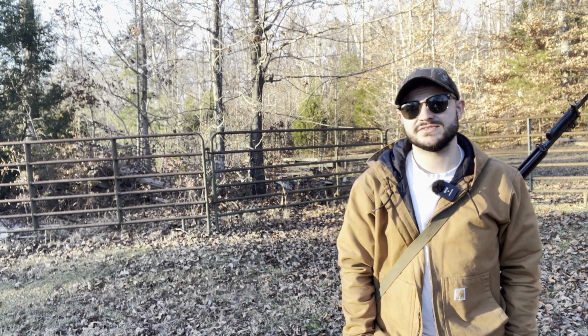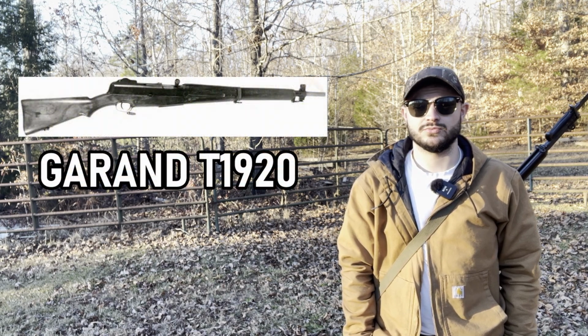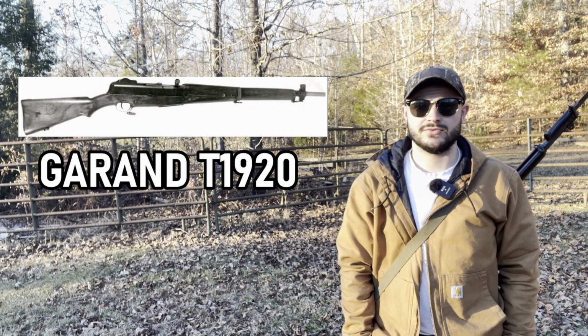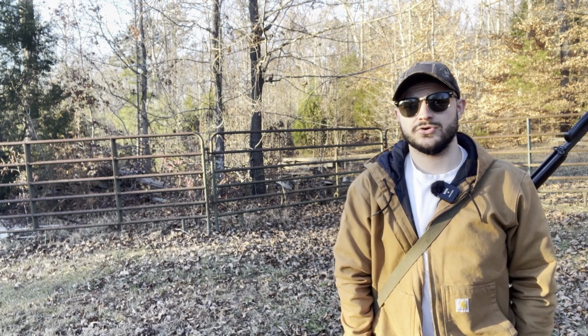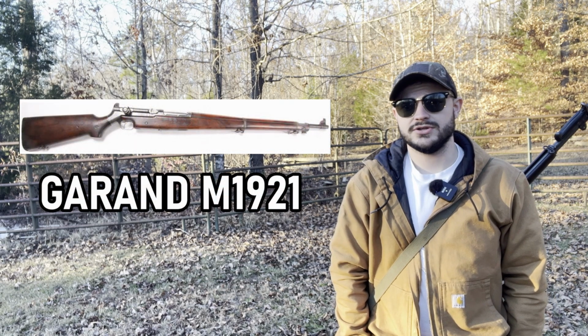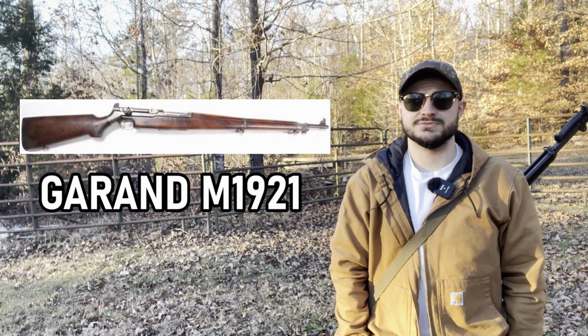This would result in his development of the second prototype, the T1920, which utilized a rotating bolt with locking lugs. This weapon competed against other semi-auto rifle designs, but unfortunately it was deemed unsatisfactory and in need of improvement. This would lead to Garand's third rifle, the M1921. This weapon utilized a new non-turning bolt that locked itself in position by falling its rear hinge block over a